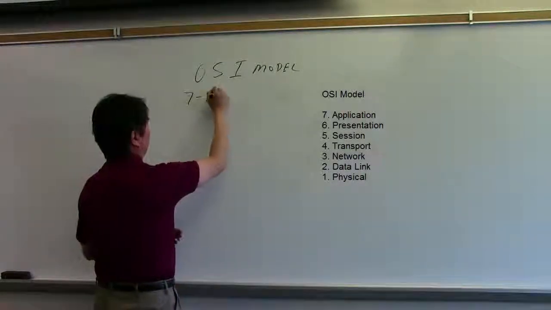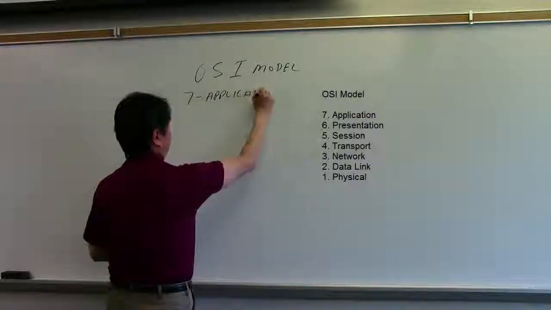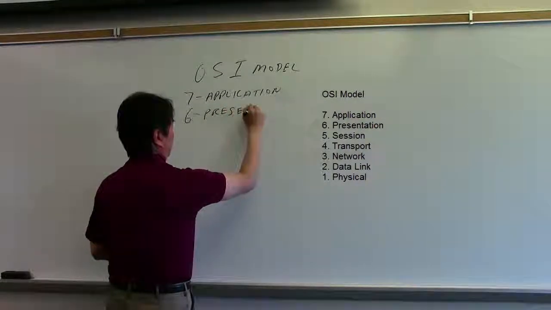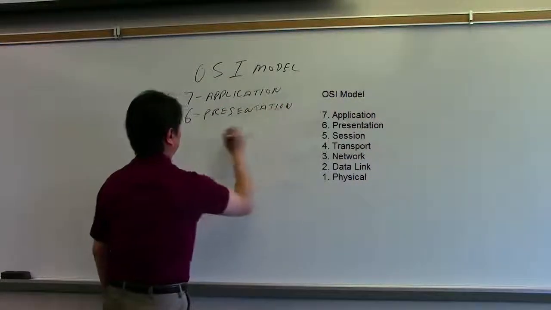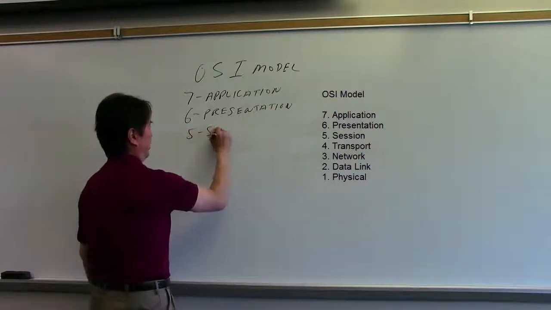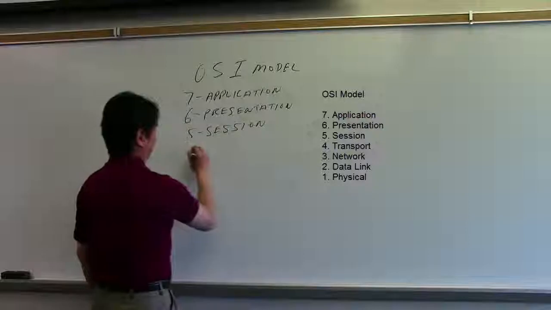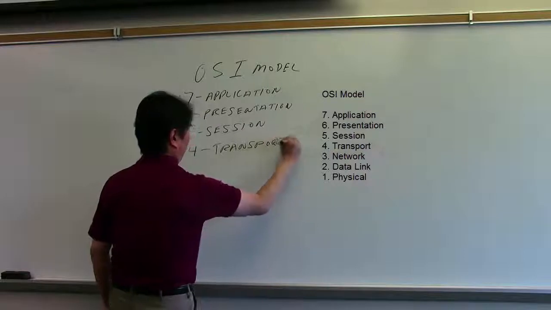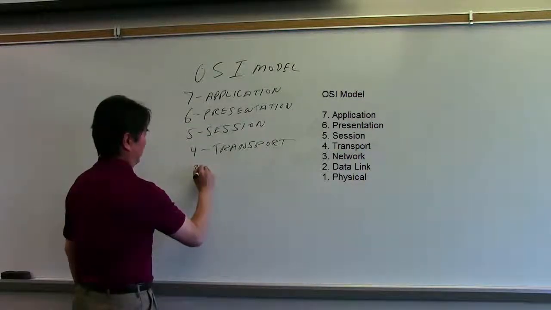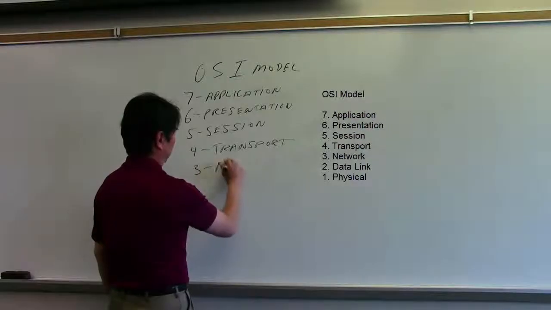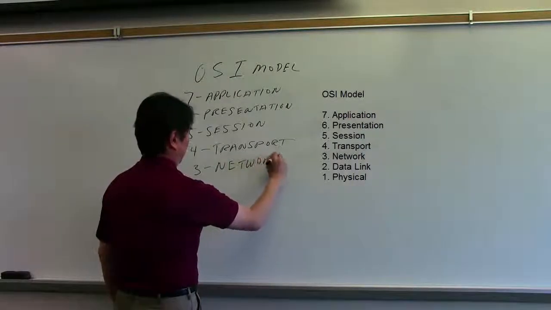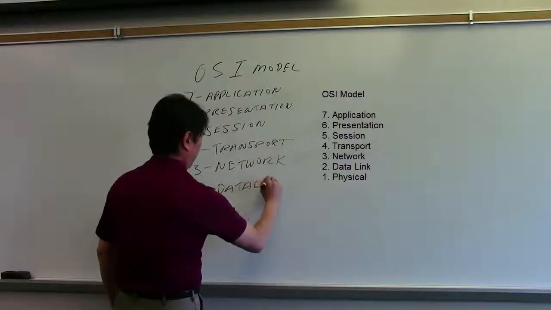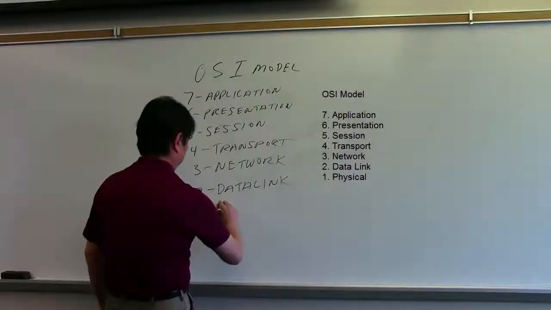Layer 7 is the application layer. Layer 6, presentation layer. Layer 5, session layer. Layer 4, transport layer. Layer 3 is network layer. Layer 2 is data link, and layer 1 is